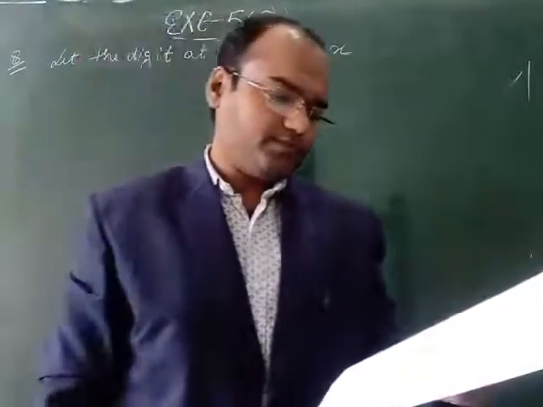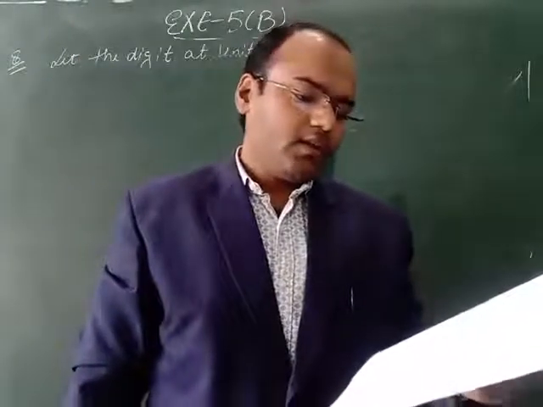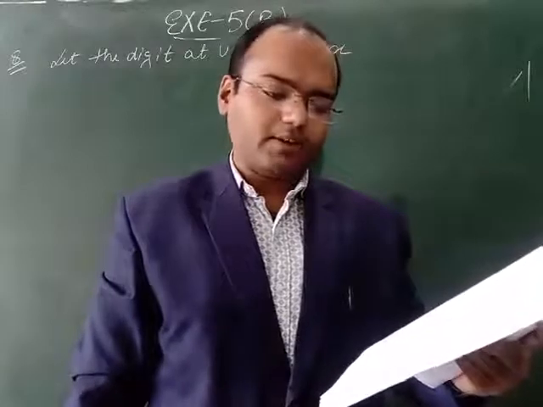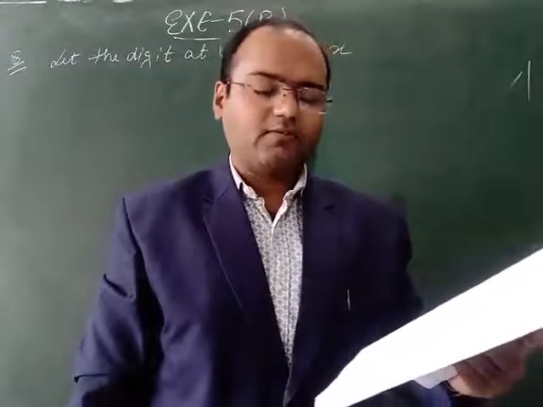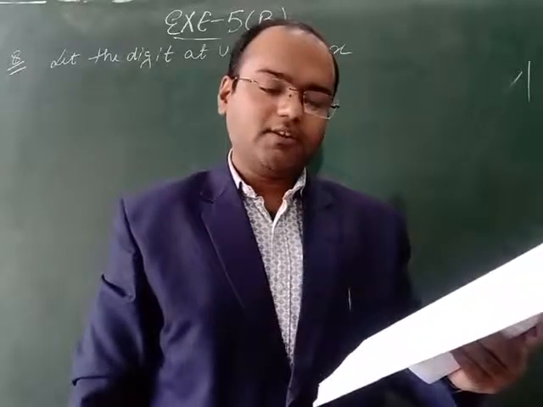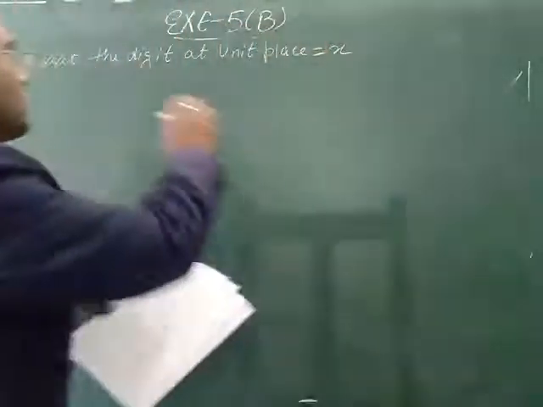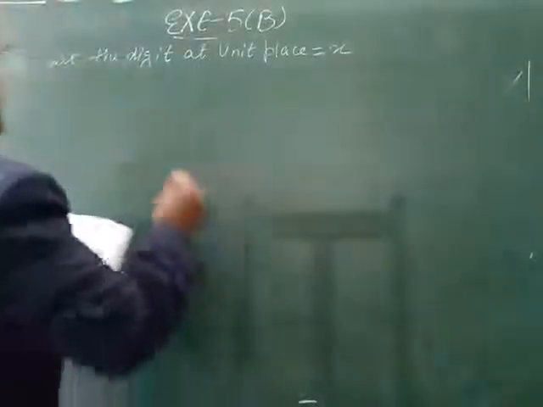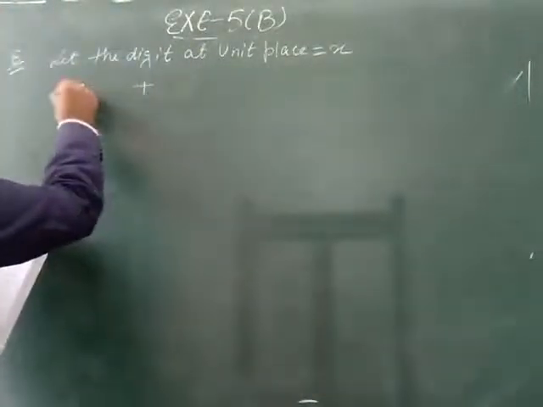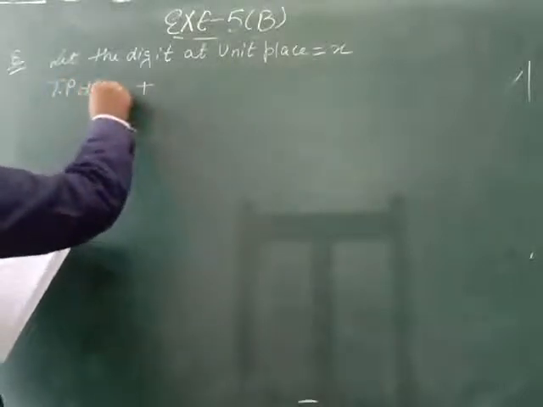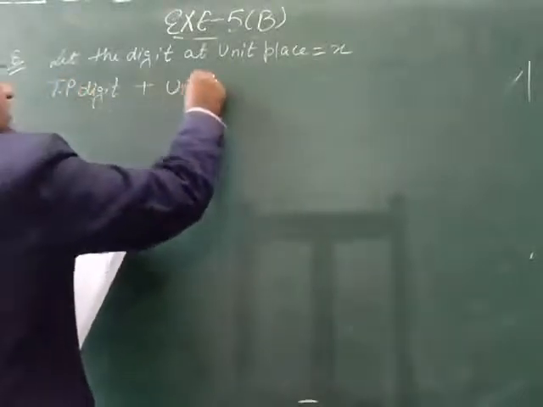8th question. The sum of digits of a two-digit number is 6. What is given? The sum of both the digits is equal to 6. So we will assume, let the digit at unit place is x. Now sum of digits, sum means plus. Which digits? Ten's place digit plus unit place digit